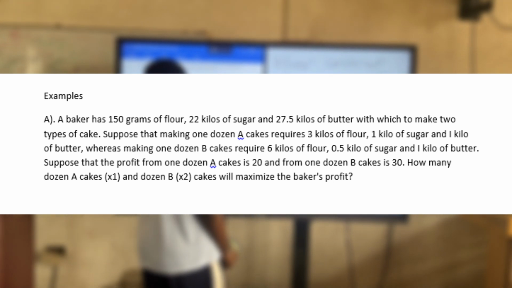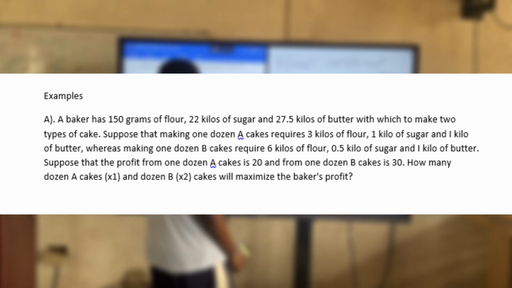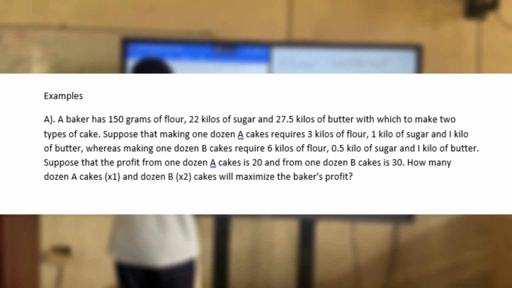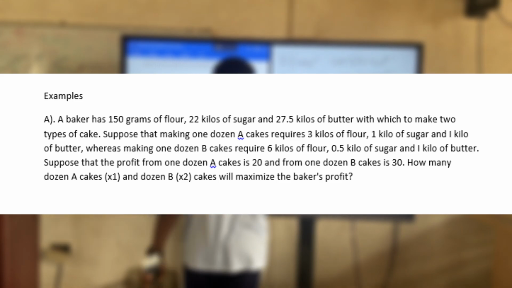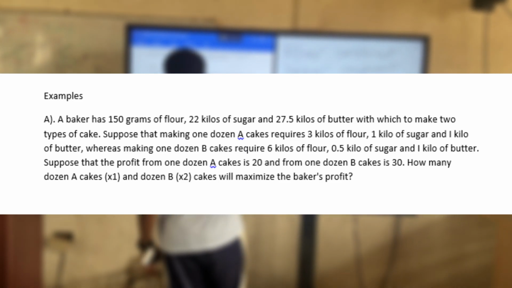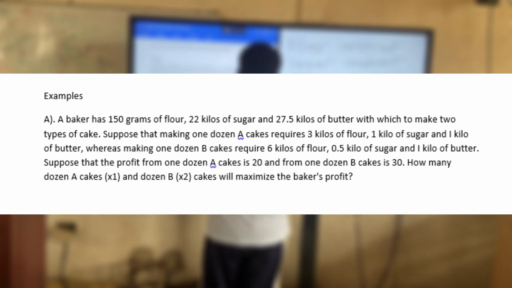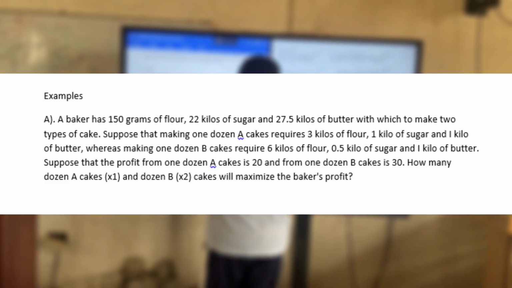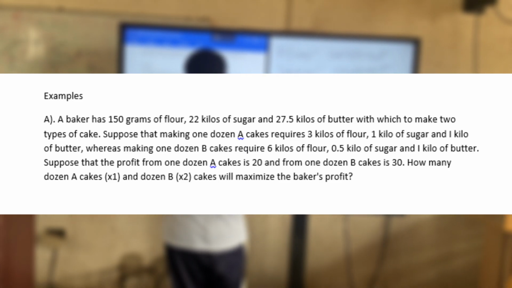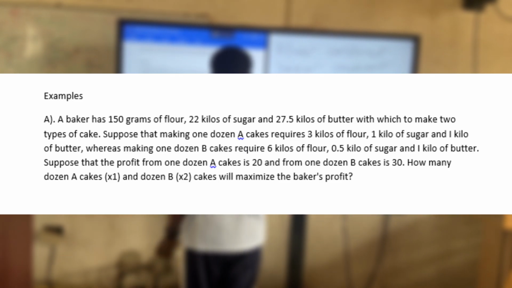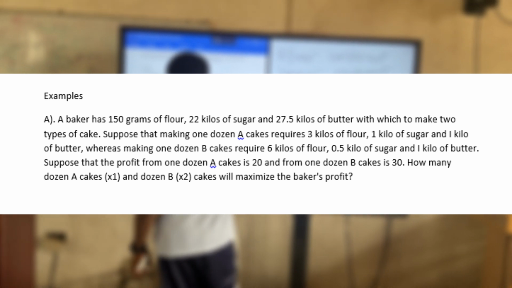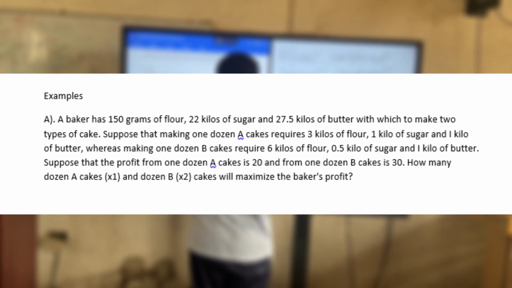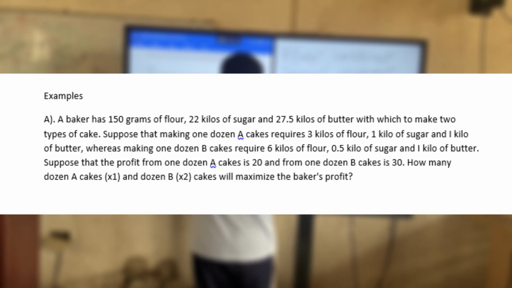Suppose that 1 dozen A cakes require 3 kilograms of flour, 1 kilogram of sugar, and 1 kilogram of butter. Whereas 1 dozen B cakes require 6 kilograms of flour, 0.5 kilograms of sugar, and 1 kilogram of butter. Suppose that the profit from 1 dozen A cakes is 20 and from 1 dozen B cakes is 30. How many dozen A cakes, which is x1, and dozen B cakes, which is x2, to maximize the